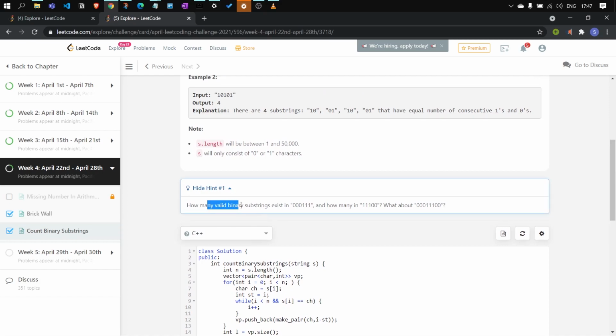So in this, it is asking how many valid binary substrings exist in this string. You can say in this 0, 1, this is a valid substring because 0 is grouped together, 1 is grouped together, and also the number of times zeros and ones are occurring is the same. Now for this, you can see that the zeros are occurring twice, 1 is occurring twice, and they're grouped together. So this is the second valid substring, and this is the third valid substring. So you can see that the number of valid substrings for this is equal to the number of zeros and also equal to the number of ones.